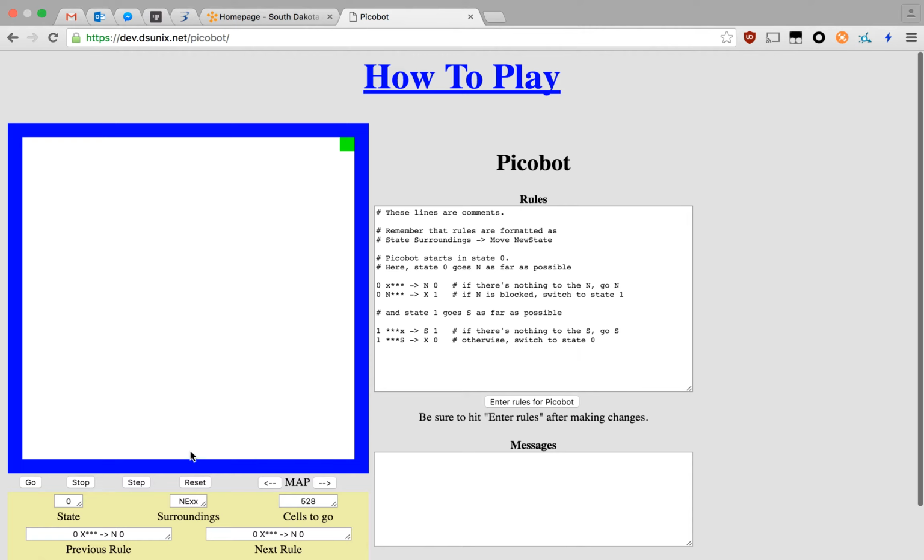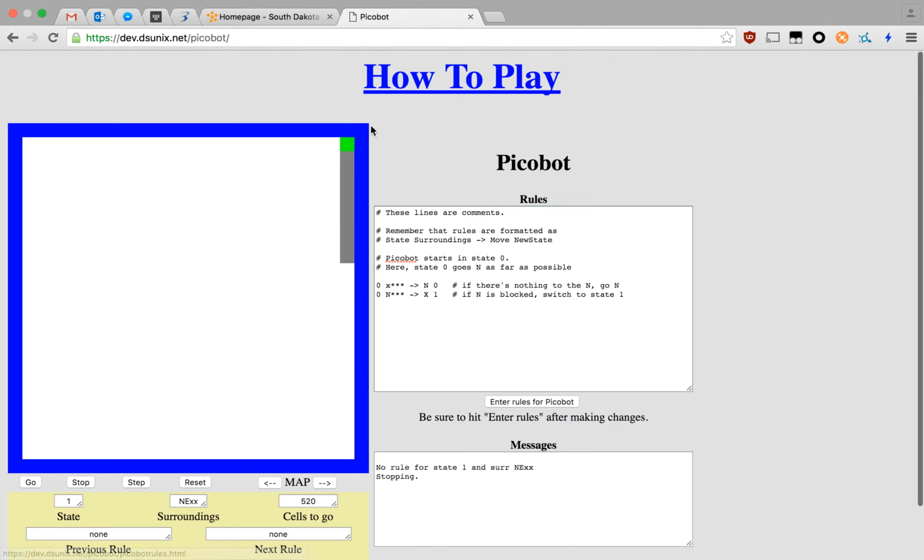So, what I did, we keep this one right here, which moves it all the way up to the top. So we'll get rid of everything else. Enter rules, go. So it will move all the way to the top, and that's the first thing we need to do. So then we need to make a state 1, and our state 1 will,